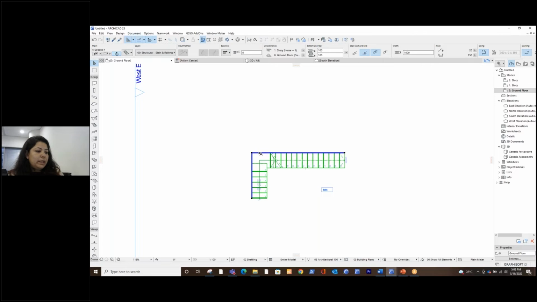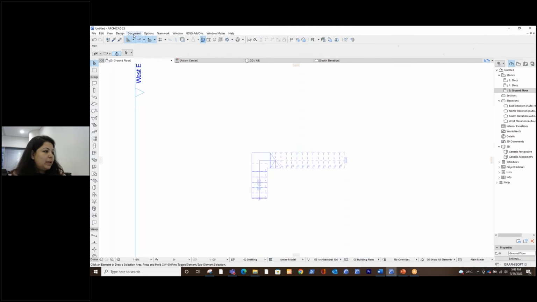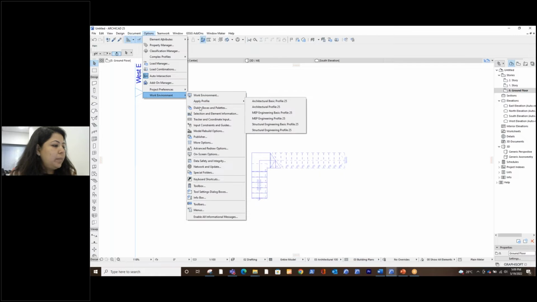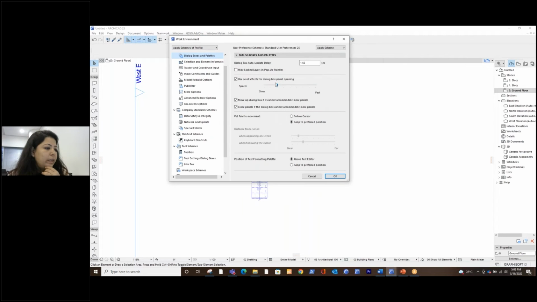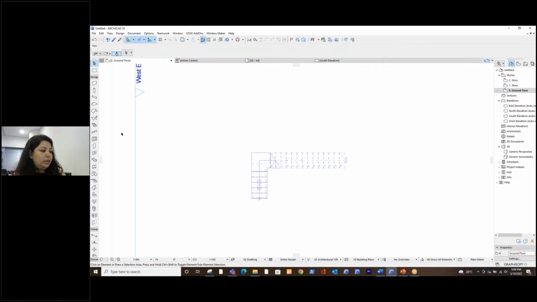Now let's look at the few settings. When you want to add the winder, you have to take note that you have to click on the reference line, the corner point here. Okay, so once you click on that, give me a moment, I will have to adjust my pet palette first. As you can see, my pet palette is not following the cursor. We can simply go to dialog boxes and palettes for the same. And from here, I can click on follow cursor so that my pet palette actually follows the cursor itself. So if I click now,